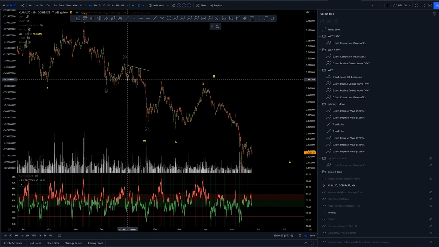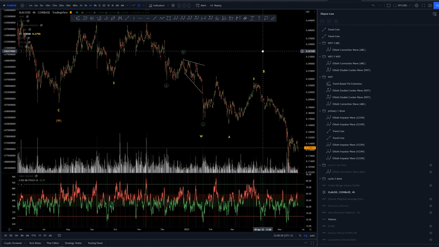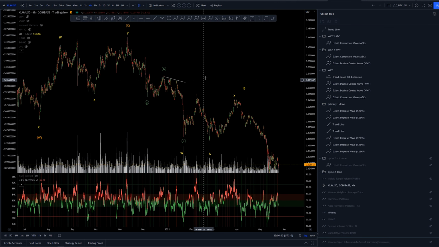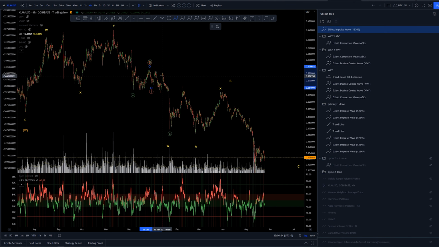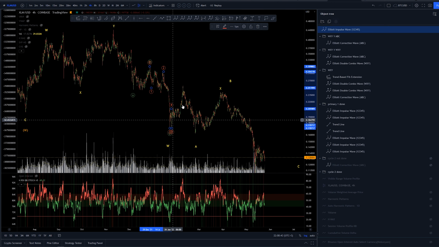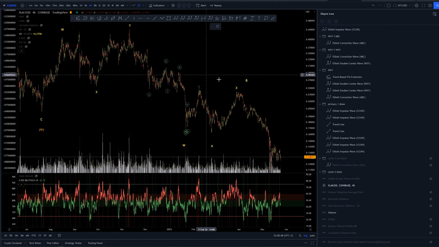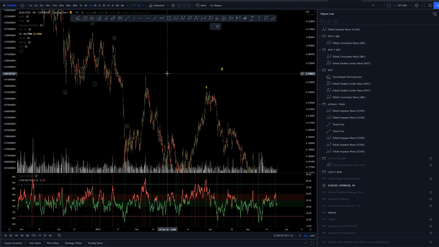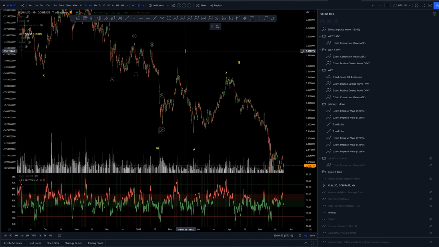looking expanding diagonal here. It's a bit weird. Not really liking that. 1, 2, 1, 2. Maybe a running flat here. 3, 4, and 5. Is this overlapping here? Let's check the overlap here as well. There's no overlap between this low and this high. So